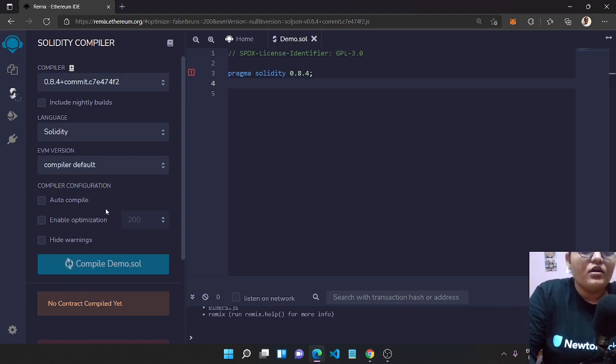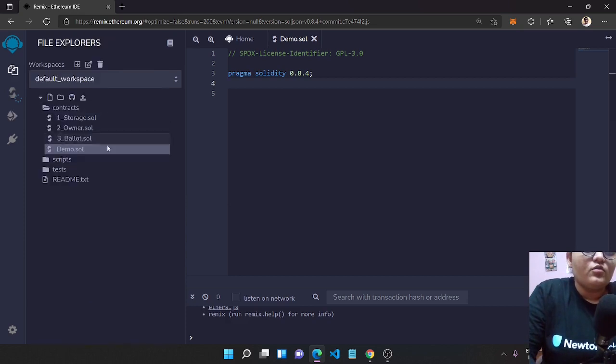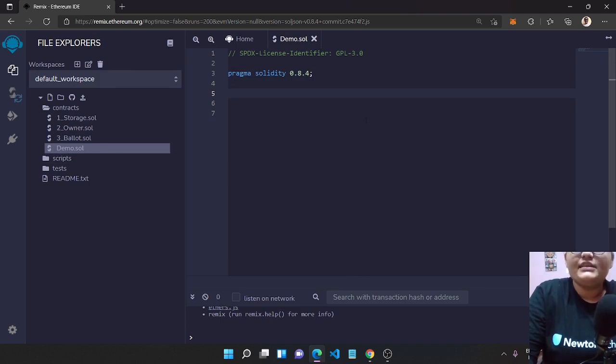a green check mark. Once your program gets compiled and once everything is set, you could come to this particular tab, and then you could just deploy your contract, and after deploying your contract, you can manipulate it. So now let's see how you can start your contract. Basically a contract is like a file which has some types of business logics. To create a smart contract, we use contracts, and these contracts are the same as classes.